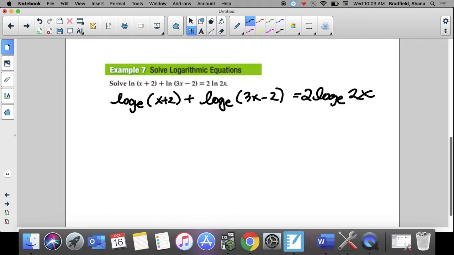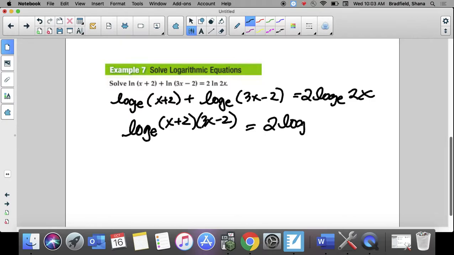So I'm going to take the left side here that has 2 log base e's, and I'm going to combine them together, remembering because they're in expanded form, and put them together as multiplication. And so I have log base e of x plus 2 times 3x minus 2 equals 2 log e